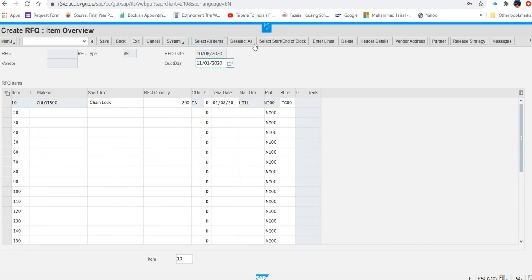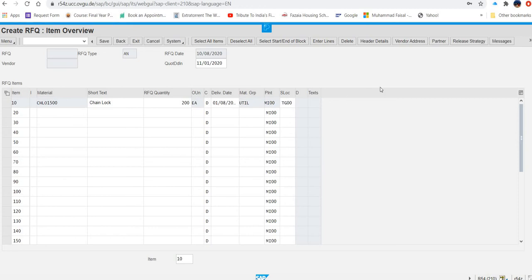Let me just see. Maybe here. Item details. No. Item text. No. Create RFQ item overview.